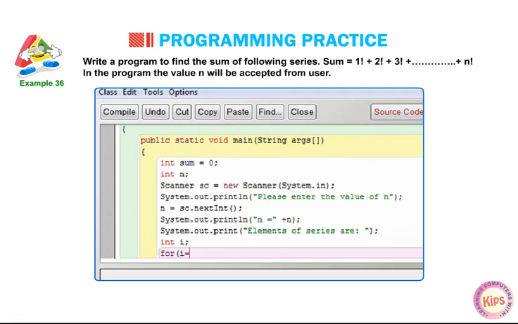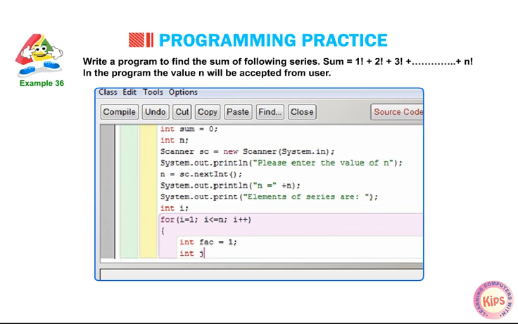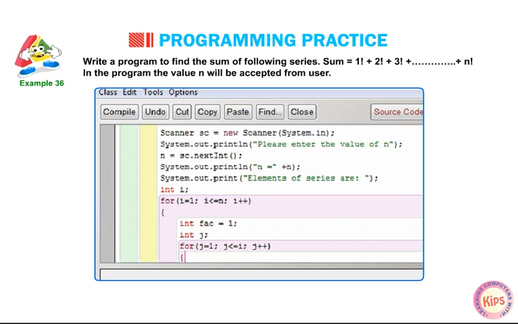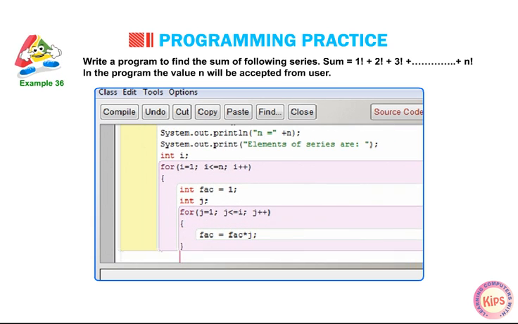for (i = 1; i <= n; i++) { int fact = 1; int j; for (j = 1; j <= i; j++) { fact = fact * j; }